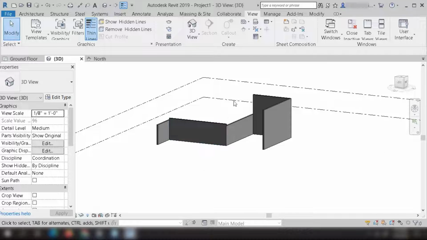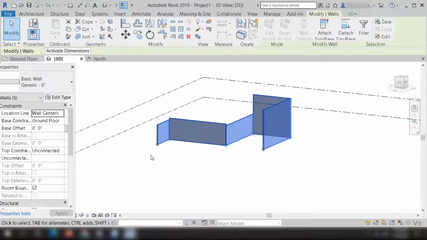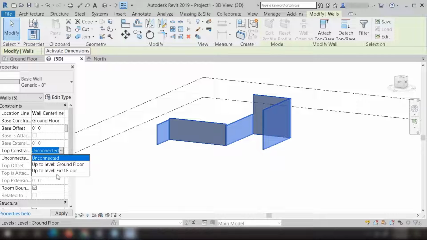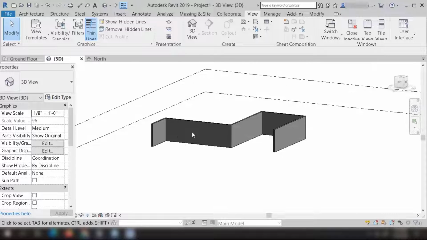Similarly, if you want to make all these walls a height of 10 feet, you will select one wall, press SA, right? And after that, you can see here the setting of top constraint, right? If you click on this top constraint, it will show you the option of connect up to level 1 or first floor. If you click on this button, right, and move your cursor inside this drawing area, it will automatically align all these walls to your level 1 like this, right? That is the shortcut to align all these things like this, right?